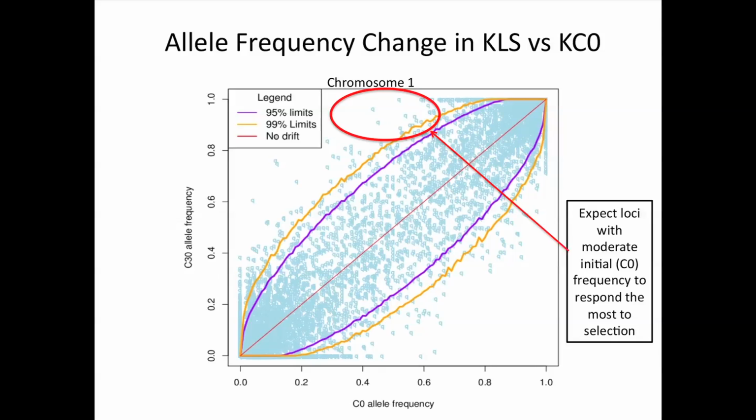So in spite of all those complexities, what are the types of things we've observed? Here's just chromosome 1, and I'll show you some of the things that this exemplifies. It's consistent with many of the other chromosomes. One of the things, as I said at the beginning, that you might hope you'd see from recurrent selection are alleles at a very low frequency with a major effect, or maybe even a mutation that occurred, so it would have a frequency of 0 in cycle 0, and that would then be fixed at a high frequency through the selection process.